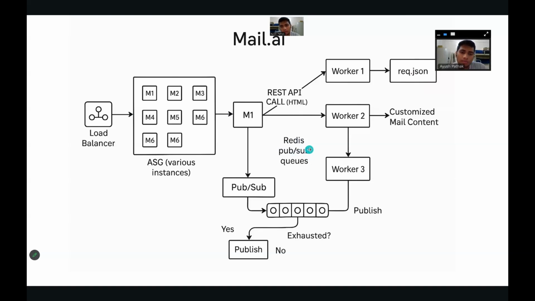PubSub is basically a publisher and subscriber. It helps us subscribe to a particular thing and unsubscribe from a particular thing. For example, suppose this is the queue you can see. In the rec.json, suppose we got 50 email addresses. What it will do is start pushing those 50 email addresses one by one into the queue,